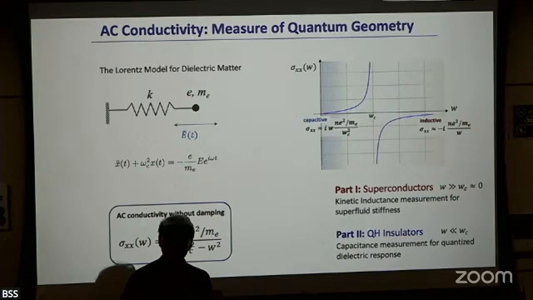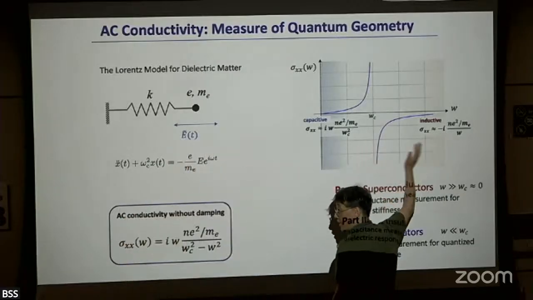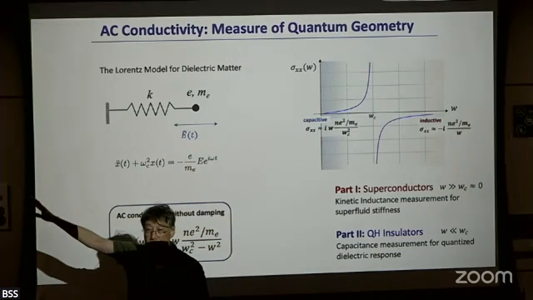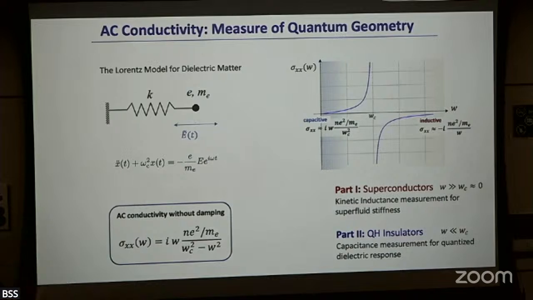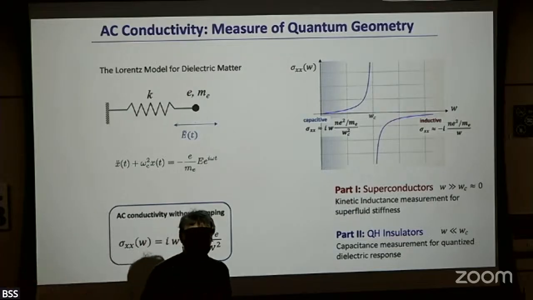And here I need some finite binding energies, which are much higher. The example I'm going to use is the quantum Hall system, especially if you measure the bulk, because the bulk of the quantum Hall system is an insulator, right? And the binding energy is related, in this case, to the cyclotron frequency, which is quite high in the optical frequencies.